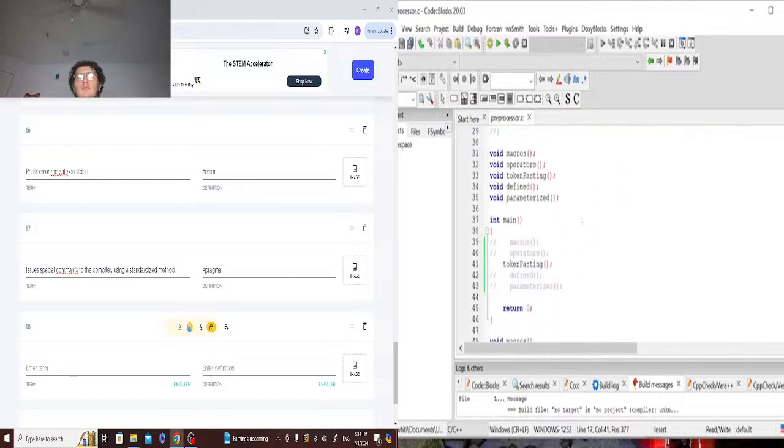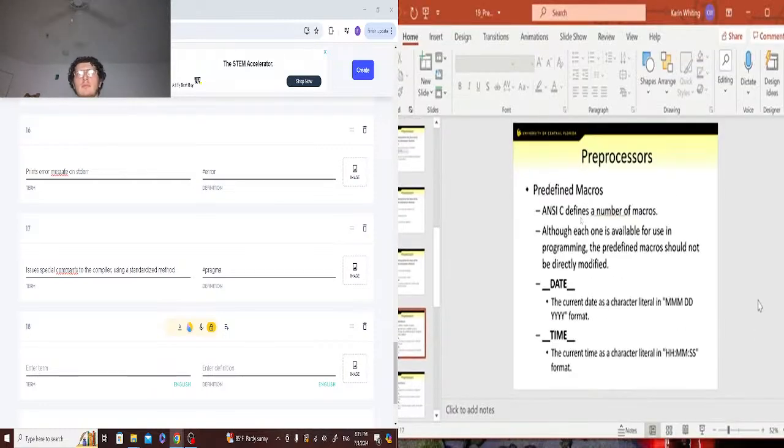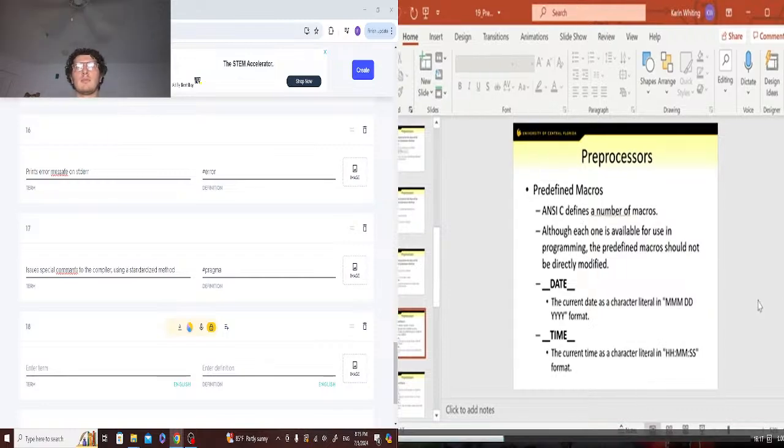So here I'm going to demonstrate the macros. These macros are predefined. This is actually two underscores